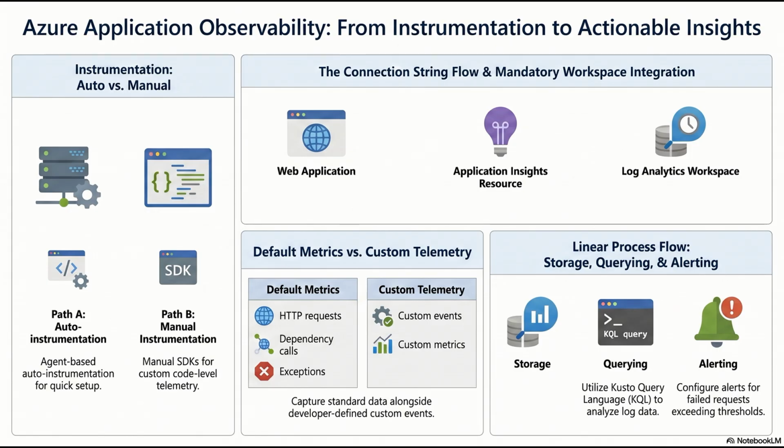Let's look at the rules first. Okay, the most common are metric alerts. The vital signs. Right. Metric alerts evaluate those lightweight time series data points at a very high frequency, often every minute. You define a static threshold. Like if the average CPU utilization of virtual machine A exceeds 85% for a continuous 5-minute window, trigger. Simple enough. Because metrics are so small, these alerts are highly responsive and computationally cheap for the platform to evaluate. They are stateful, meaning the alert fires when the condition is met, and it automatically resolves itself when the CPU drops back down below 85%.